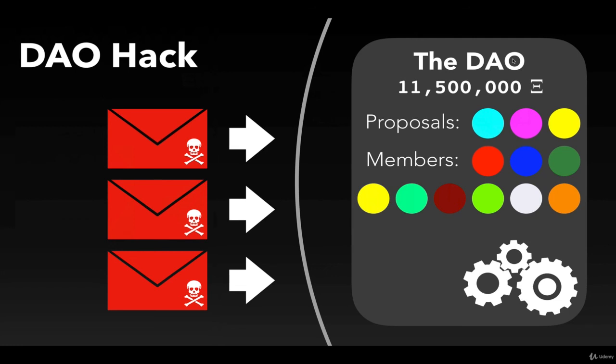Is there something worth fixing, or is this just totally, maybe a little unethical, or more than a little unethical, but it's legal? Do we change the history of the blockchain to remove this, to undo this? It was really a pivotal moment, and there was a lot of debate over it. So what they ended up doing is a proposal was brought about to actually return the funds to the investors. And they were going to make a hand modification to the code that would allow investors in the DAO to